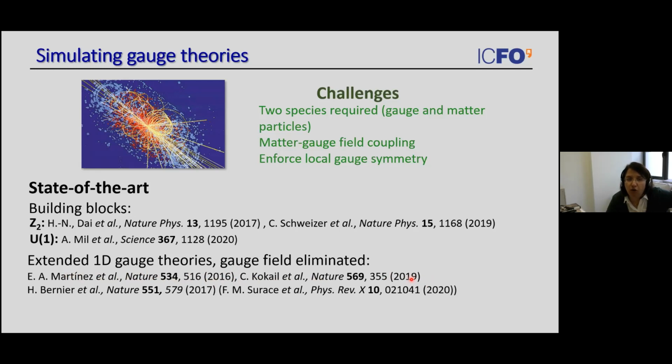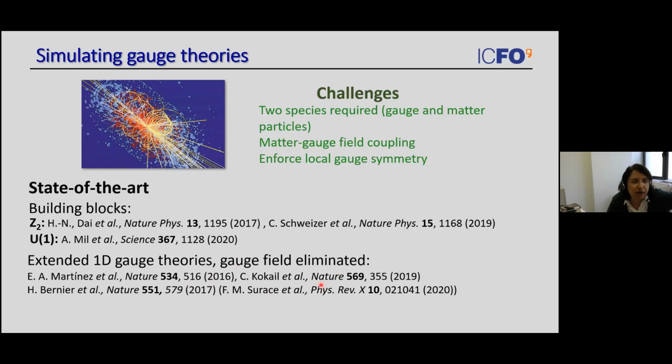And another system that actually makes this type of extended 1D gauge theories, but where you eliminate the gauge field, are Rydberg chains. So this is the experiment at Harvard, where they saw some really weird dynamics in a 1D system, these scars and so on. And then it was understood last year that actually this can be seen as a realization of a gauge theory. Where again, you have eliminated this gauge field, and then you get weird interactions and weird things